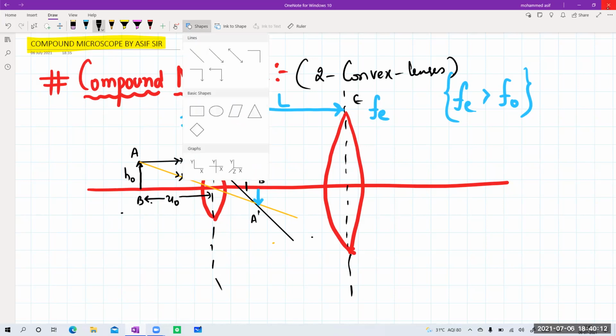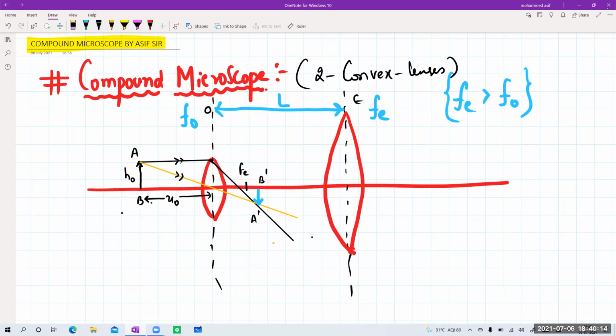Then if I'm taking the ray diagram for this one, a ray from here will go parallel to this one like this. And another ray from it will go like this, so that image is being seen right now. And another ray of light from this one will be incident going somewhat like this. Another ray from this one will be incident parallelly like this, through the optic center, something like this.